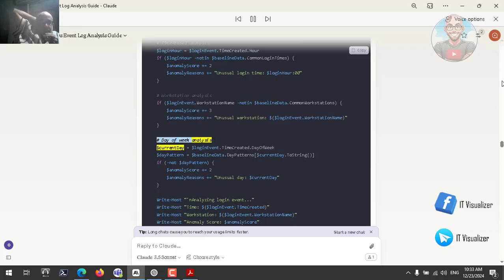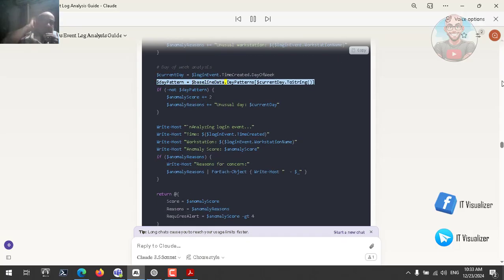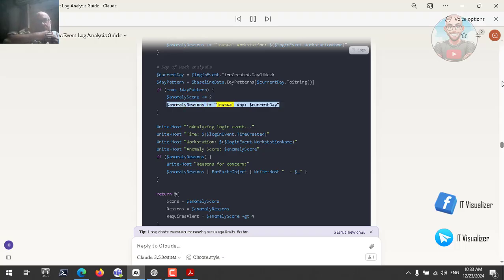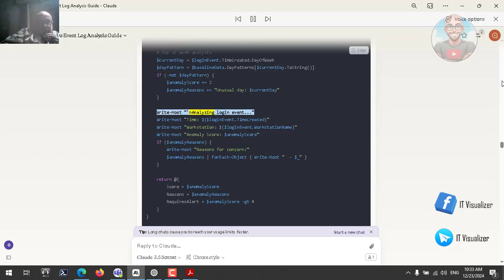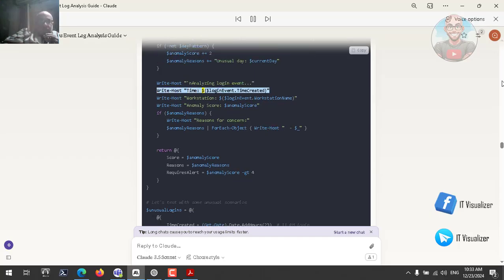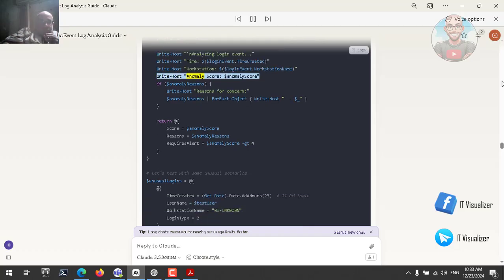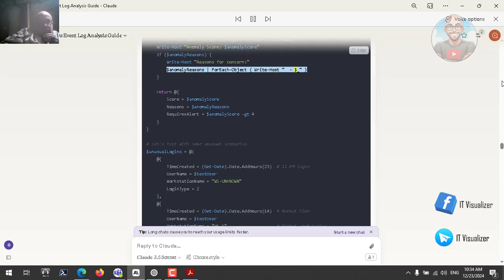# Day of week analysis. $currentDay = $LoginEvent.TimeCreated.DayOfWeek; $dayPattern = $BaselineData.DayPatterns[$currentDay.ToString()]; if (-not $dayPattern) { $anomalyScore += 2; $anomalyReasons += "Unusual day: $currentDay" } Write-Host "Analyzing login event:"; Write-Host "Time: $($LoginEvent.TimeCreated)"; Write-Host "Workstation: $($LoginEvent.WorkstationName)"; Write-Host "Anomaly score: $anomalyScore"; if ($anomalyReasons) { Write-Host "Reasons for concern:"; $anomalyReasons | ForEach-Object { Write-Host " - $_" } } return @{ Score = $anomalyScore